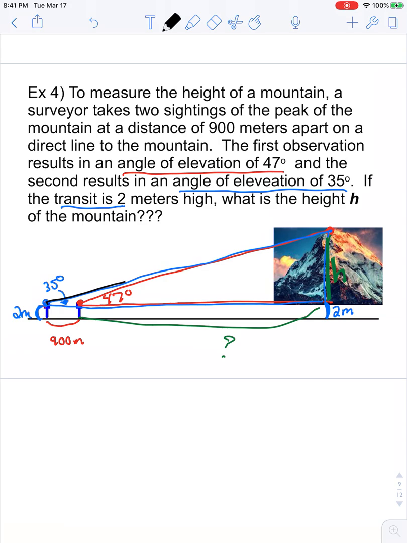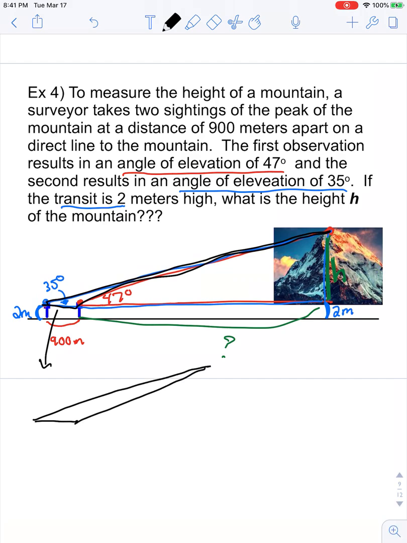It's not great. But if you look closely, we're going to have this really skinny triangle up here that comes down and it comes over. I want to talk a little bit about that triangle. I'm going to kind of redraw it. So basically this little skinny triangle here. A couple things we know about this triangle. We know that this angle right here was 35 degrees, and we knew that this distance right here is 900